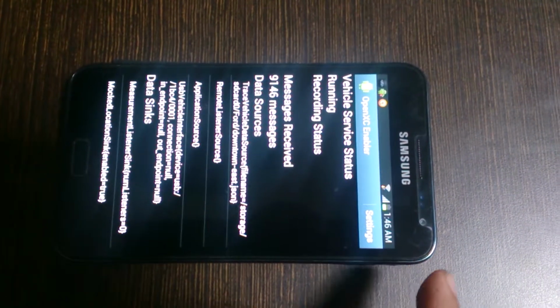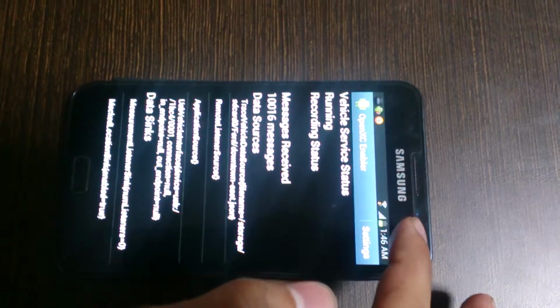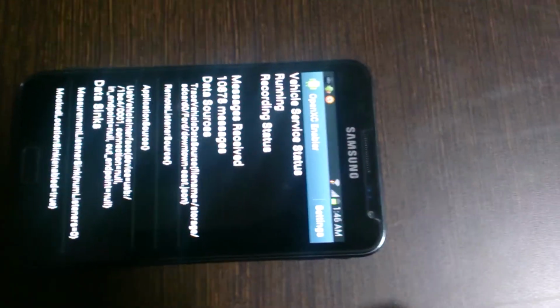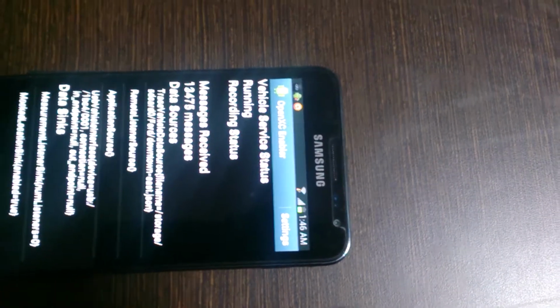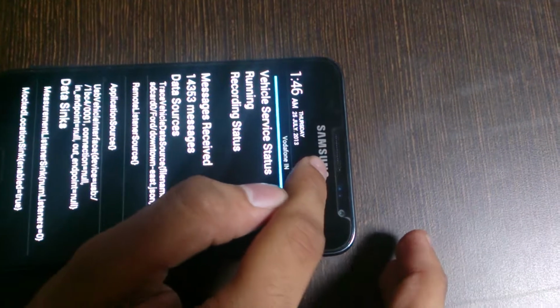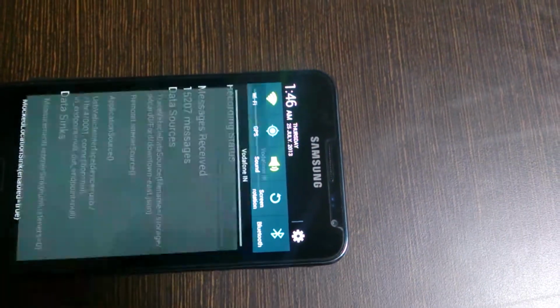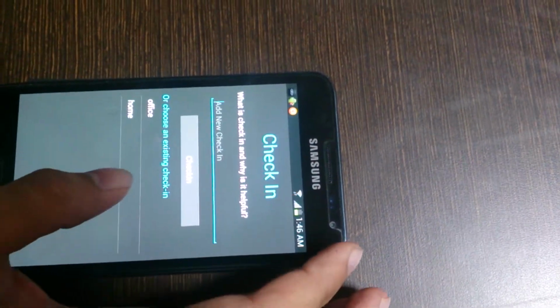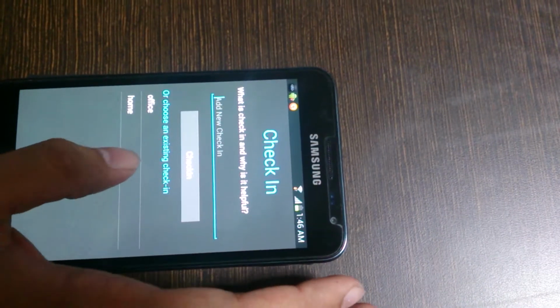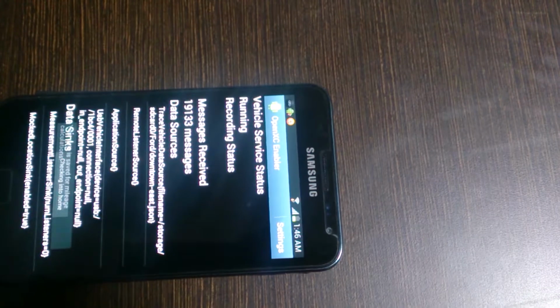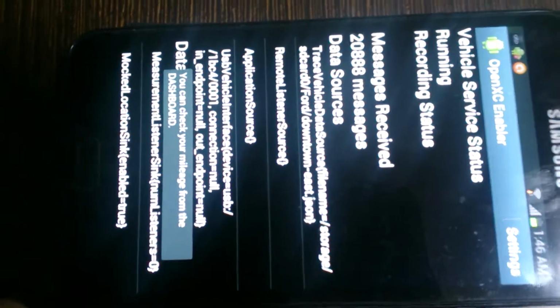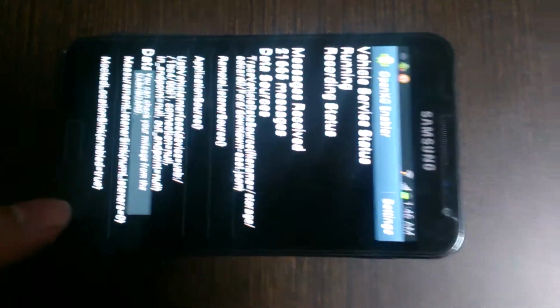We'll wait for a few messages. Okay, so let's check in again. Now let's say I'm back at home, so I'll just check in again, home. Now I'm getting the message that your data is saved for mileage calculations and you can check your mileage from the dashboard.